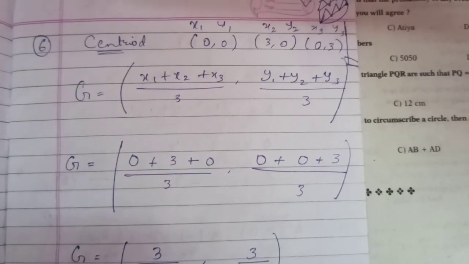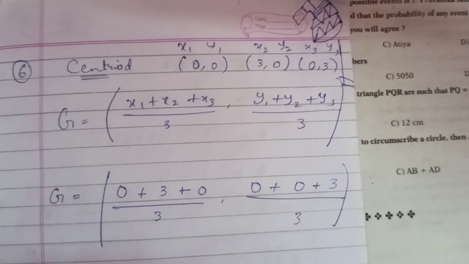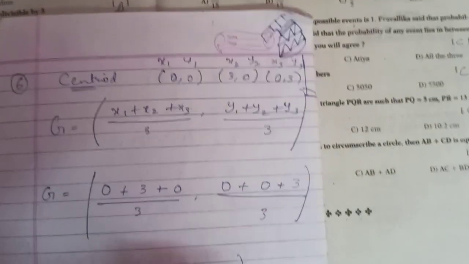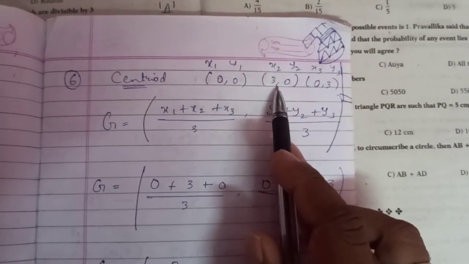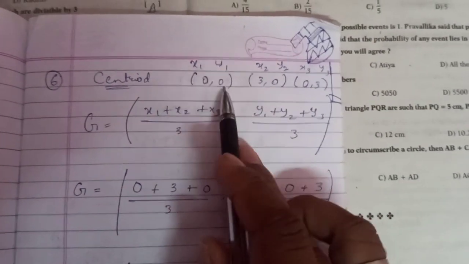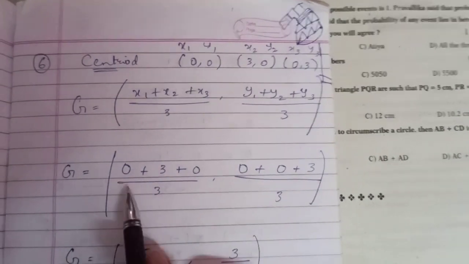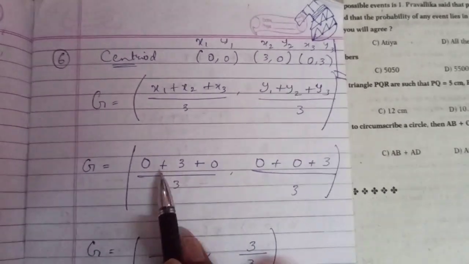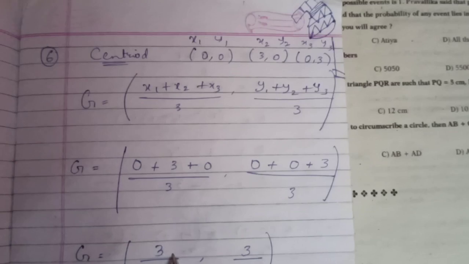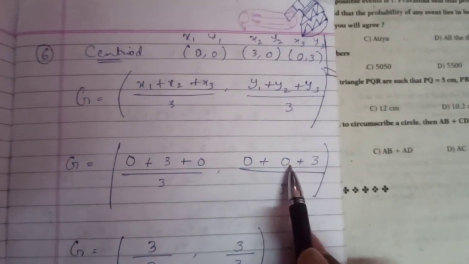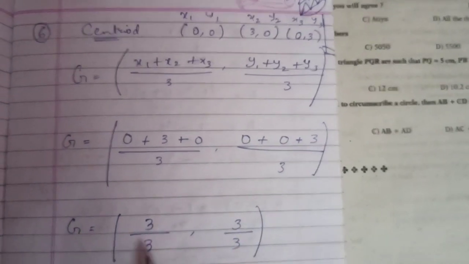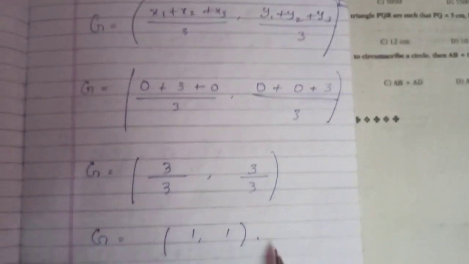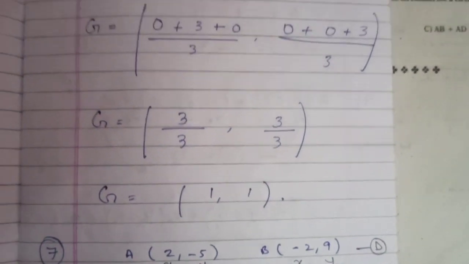तो हम यहाँ पे 3 पॉइंट्स लिखेंगे, x1 y1 x2 y2 x3 बाई 3. सो हम यहाँ पे इसके प्लेसेस पे सब्स्टिट्यूट करेंगे. 0 प्लस 3 प्लस 0, राइट. 0 प्लस 0 प्लस 3. ओके, दिस इज वॉट 0 प्लस 0 0 एंड 3 will left 3 by 3. Here also 0 0 gone, 3 will left 3 by 3. 3 3 cancel. 1 comma 1 is the answer.